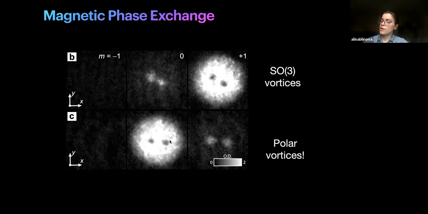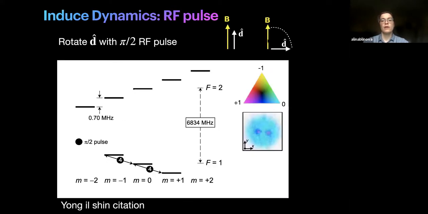Whereas, as I show here, when we make the d vector perpendicular to the field, this is an unstable configuration. So this radio frequency pulse couples our 1,0 state to the plus and minus 1 states. So this kind of condensate, which is in the polar phase,